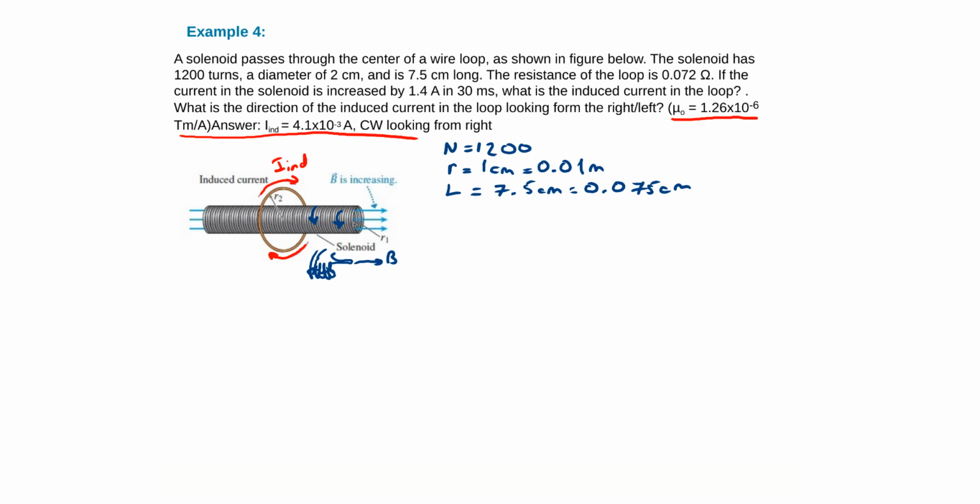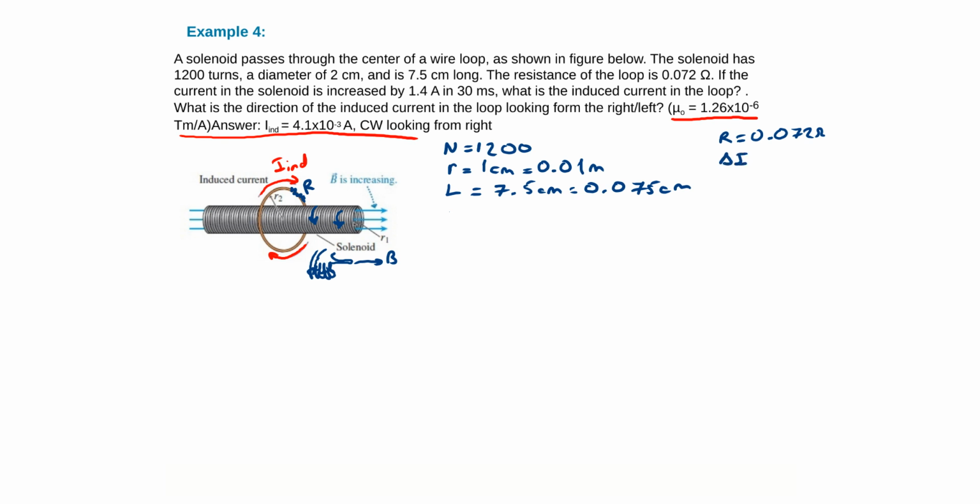The resistance of the loop is 0.02 ohms. So this loop here has a resistance along it. I'm going to represent it like a resistor along it. And that resistance is, maybe I'll put the loop values here, 0.072 ohms. If the current in the solenoid is increased by 1.4 ampere in 30 milliseconds, we're increasing current,